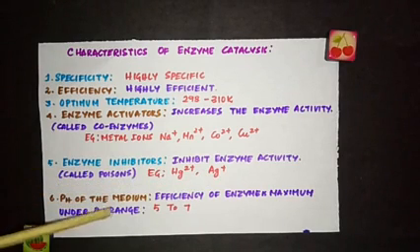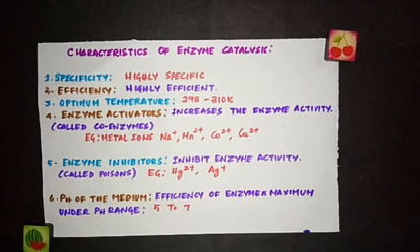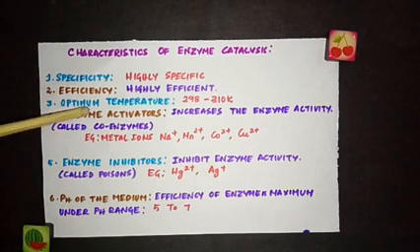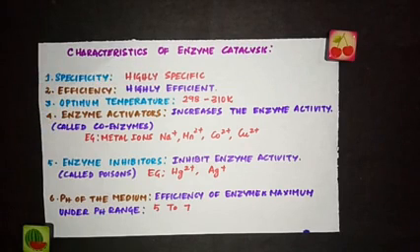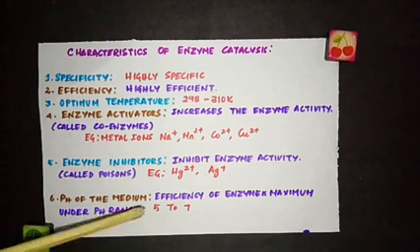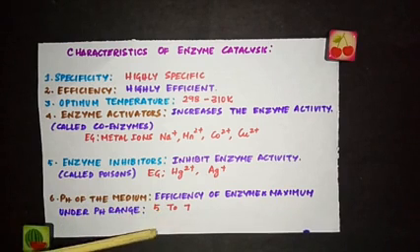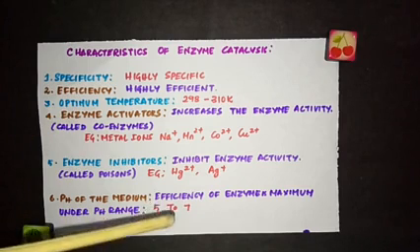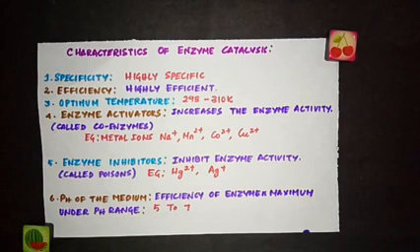And the last point is the pH of the medium. Just like you need an optimum temperature for the enzyme activity to be efficient, pH also plays an important role. The efficiency of an enzyme is maximum under the pH range 5 to 7. You know, the pH of the blood also falls in this range and it is quite suitable for enzyme activity. So we have seen in detail about enzyme catalysis.